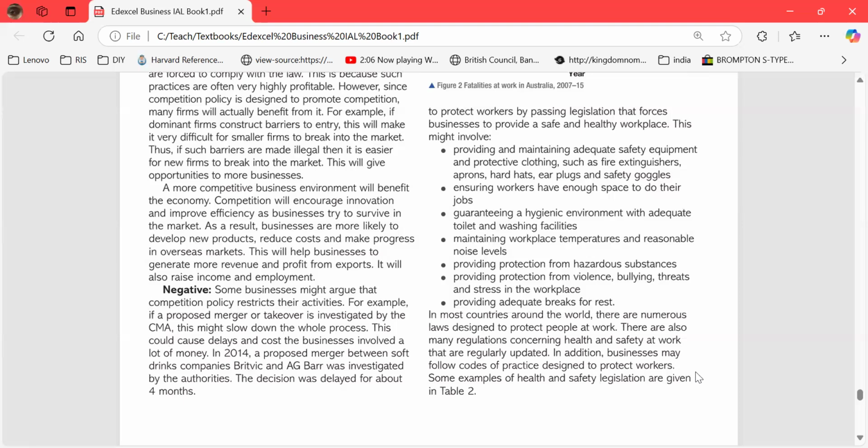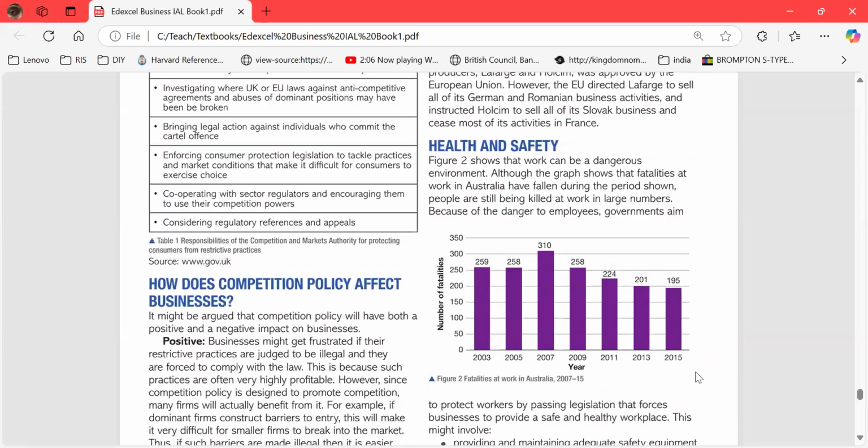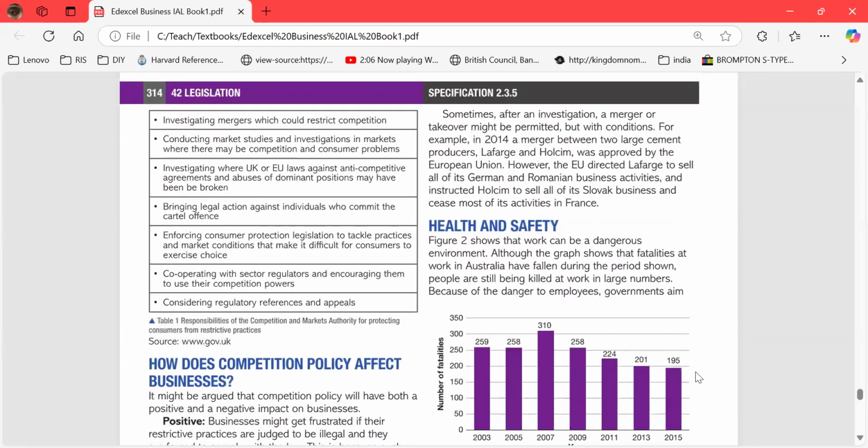And the negative effect is that the cost is rising. It's a big problem. Profit will be less, so less expansion, less money for your research and development. So it's a very bad situation for the business.